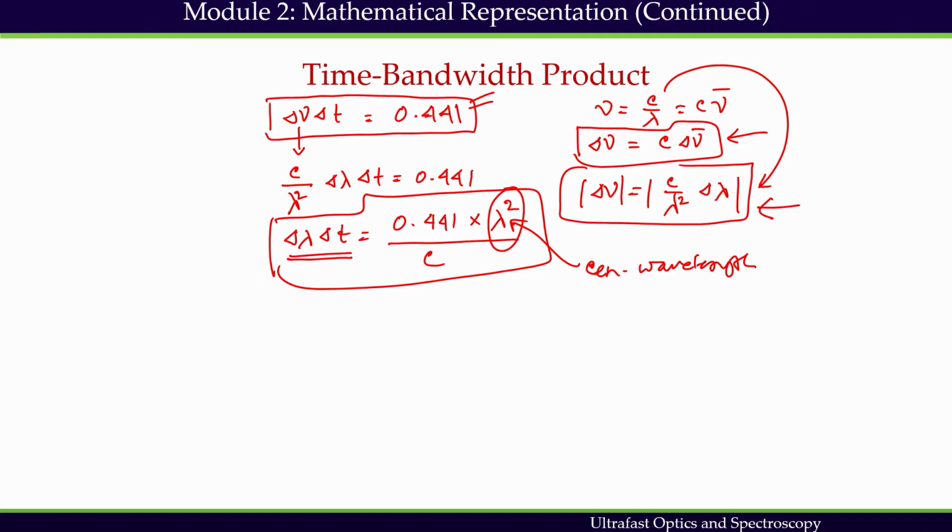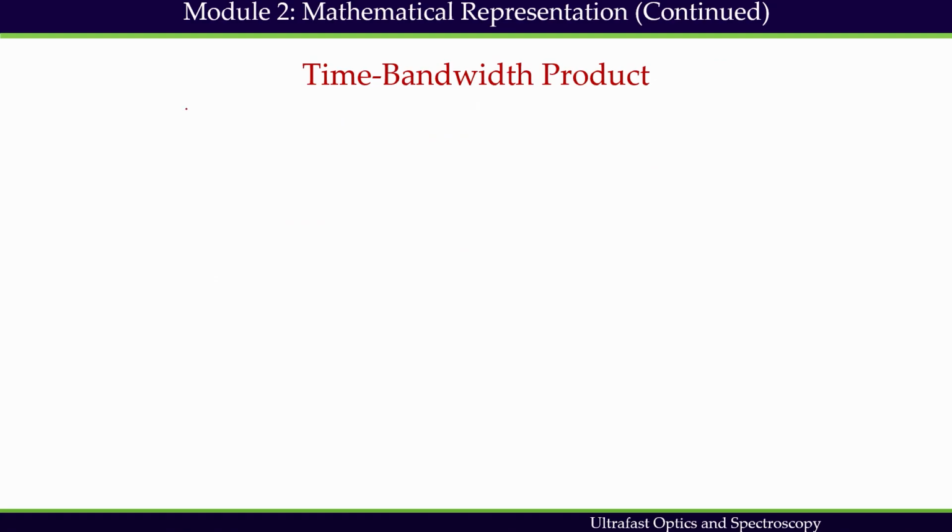So we can use these expressions and we can take an example of 100 femtosecond pulse. We can consider 100 femtosecond pulse at 800 nanometer. We know the meaning of it now. 100 femtosecond pulse means that it is the full width half max of the intensity profile of the pulse. Center wavelength is going to be 800 nanometer. So if it is 100 femtosecond pulse centered at 800 nanometer, then delta lambda one can calculate with the help of that expression, 0.441 multiplied by lambda square divided by C, which is nothing but